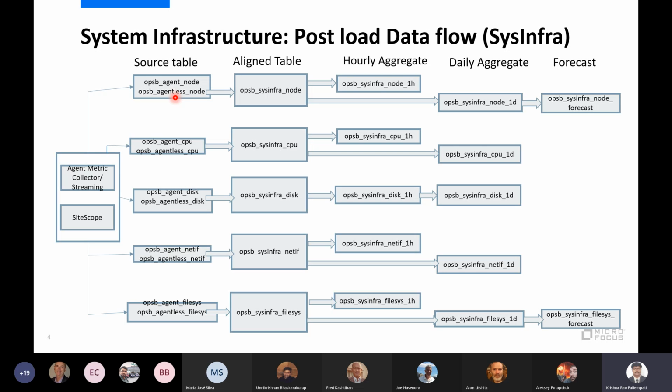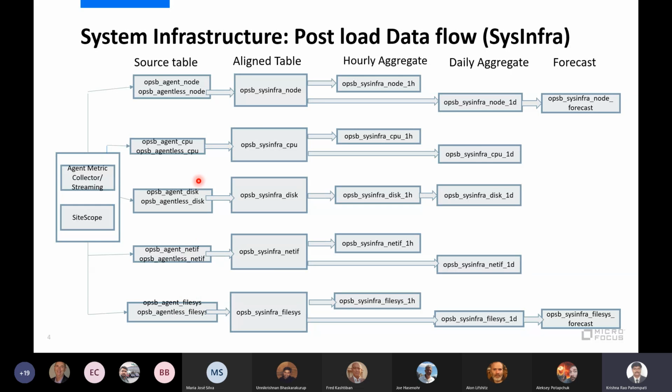So you mention the mapping between my sources and the destination table. Once configured, the data flows into the agent node table, or the agentless table. These are the out-of-the-box tables the data flows into.